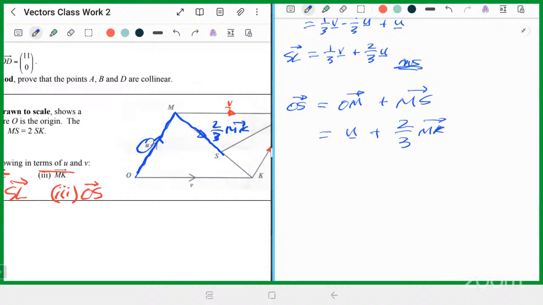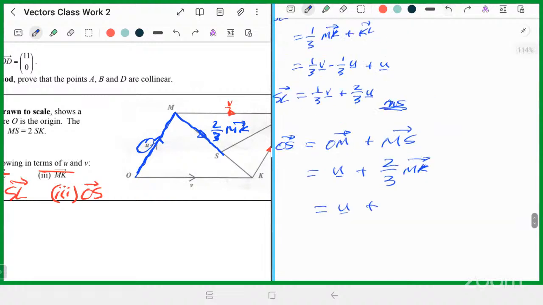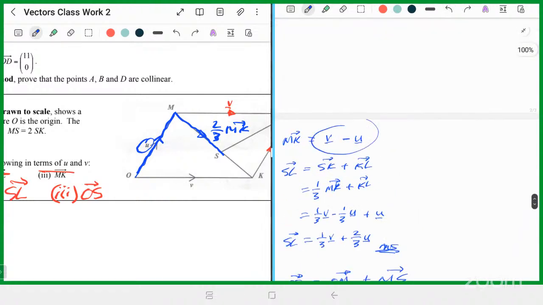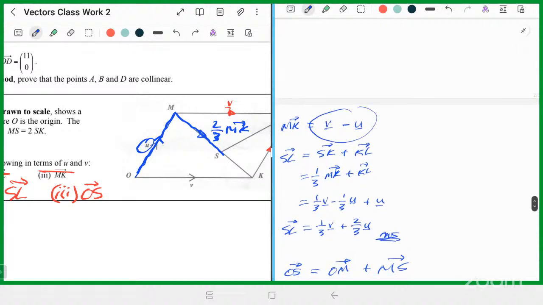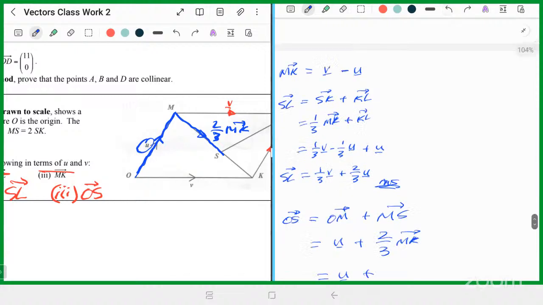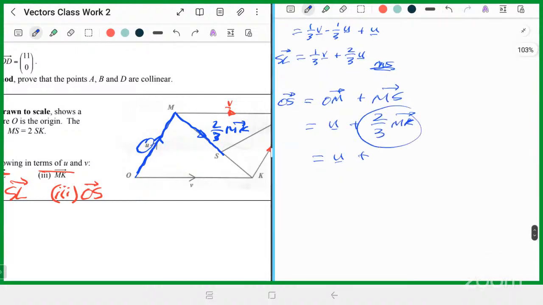2/3 of the MK. And the MK is V minus U, remember? So this is U plus, we're doing 2/3 of V minus U now. Remember the MK is V minus U? So we're doing 2/3 of this. So we're going to be 2/3 of this part and 2/3 of that part. And so this thing here becomes